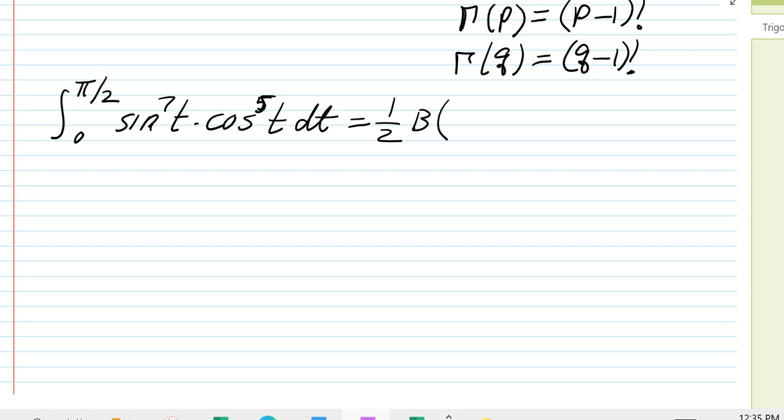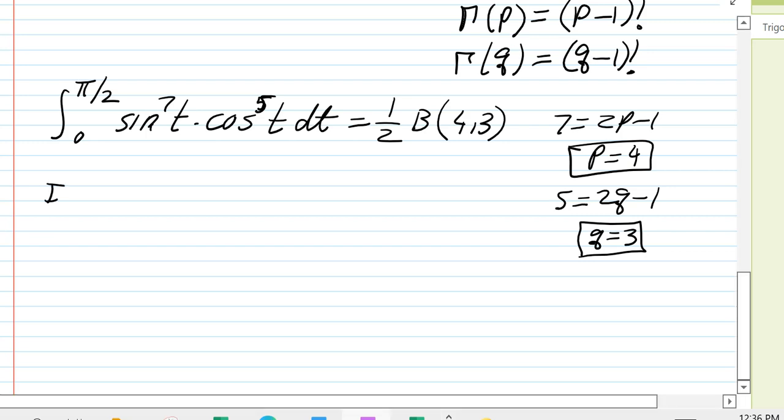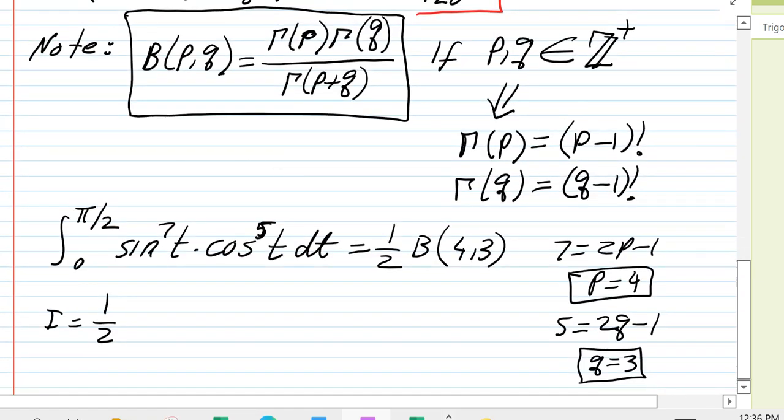Now P and Q here end up being 4 and 3, and here's why. 7 is the exponent on sine that corresponds to 2p minus 1, so that p is 4. And then 5 corresponds to 2q minus 1, which means q must be 3. Right? So that's how I get beta 4, 3. Beta function, by the way, is symmetric, so beta 4, 3 is the same as beta 3, 4. Okay, so the integral is going to be 1/2. And then I'm going to use the relationship that I just boxed in. I'm going to rewrite beta function as,